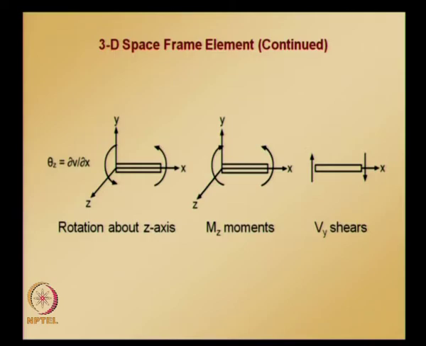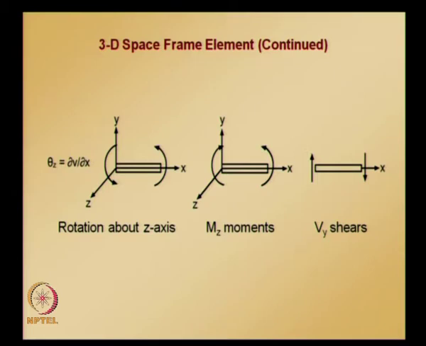So the equations that you already have for beam bending can be directly used here, or if you adopt the same approach as we did for developing beam element equations, you get exactly the same equations. So